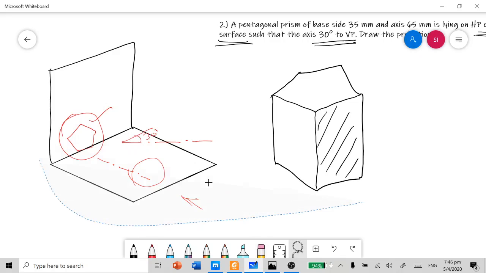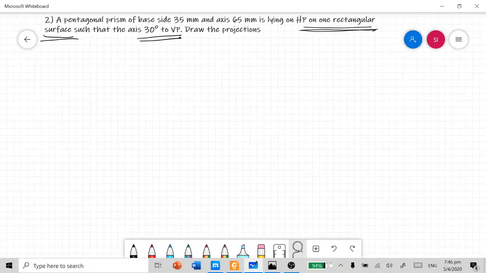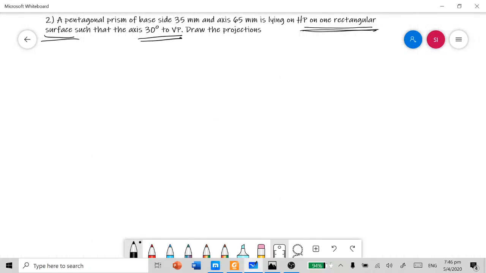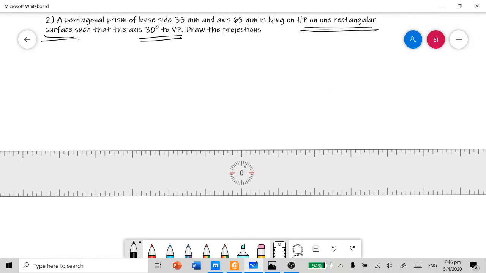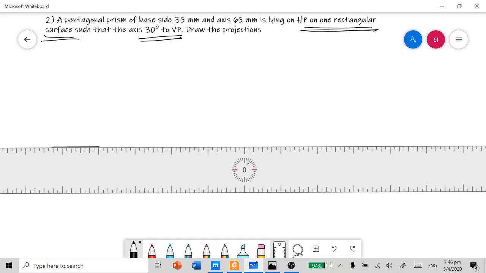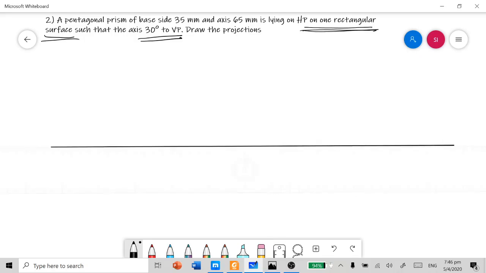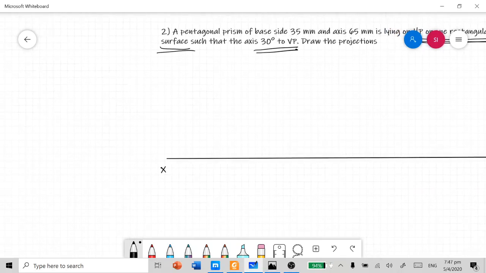Let me draw the things. As usual we start the answer with our XY line. Here the base view is going to be obtained in the front view.